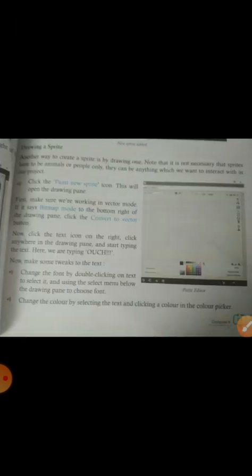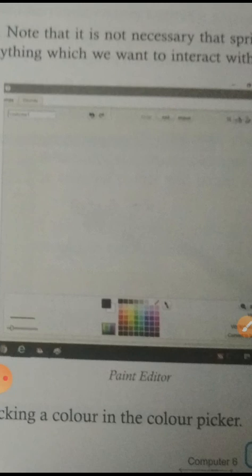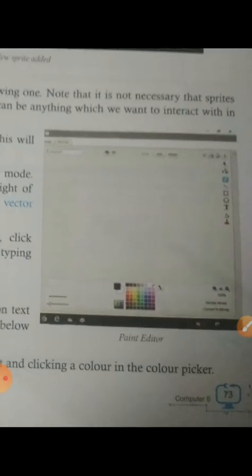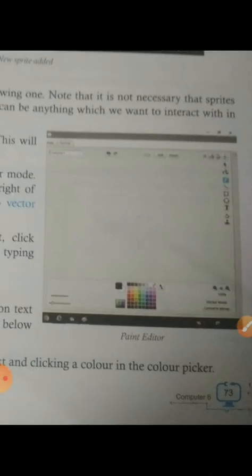If we click that, we get this type of screen. This is a Paint screen. It just comes beside the stage. So what we do is click the Paint new script icon. This will open a drawing pen. It is just like your MS Paint window. Same thing we can do here.